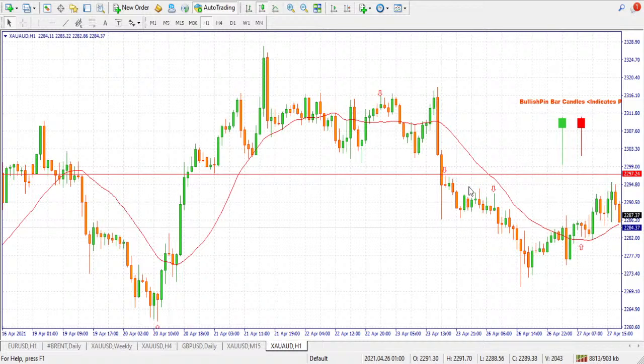If the price continues down, you can see that there's a bullish pin bar here. But we can't just buy this because we are in a downtrend based on the other indicator. So we'll wait for price to go down. It comes back down, then it comes here and gives us this sell signal. So when you see this, you pick that sell, you have your stop loss at the high of that candle